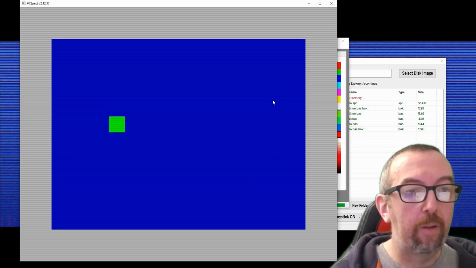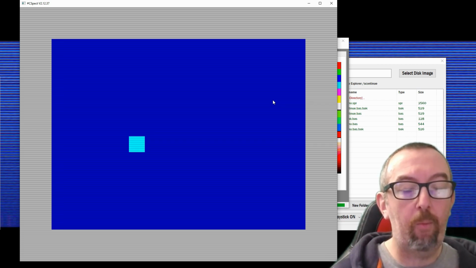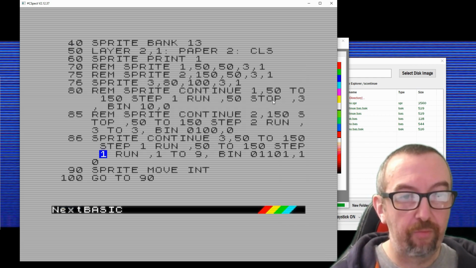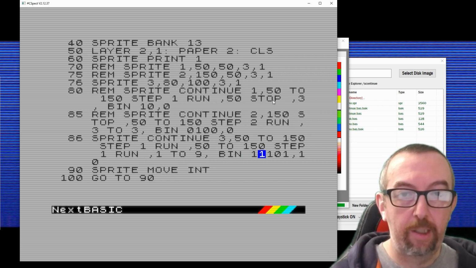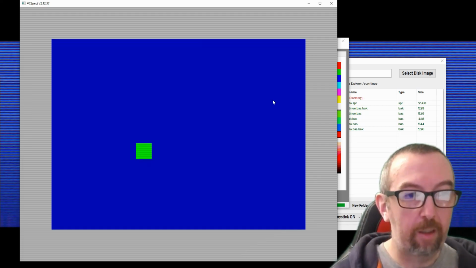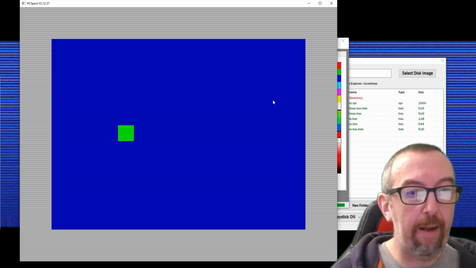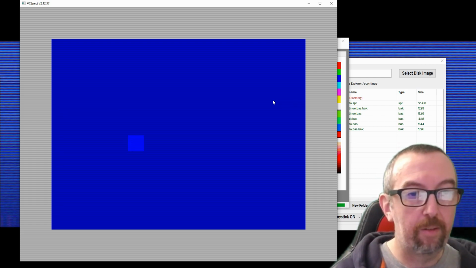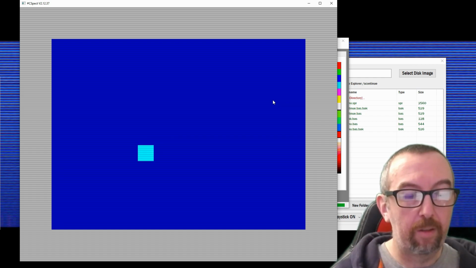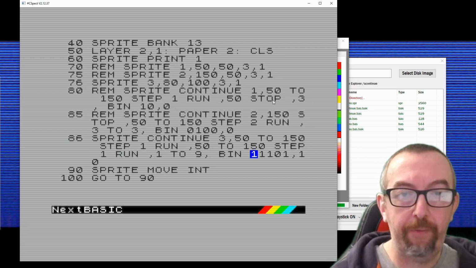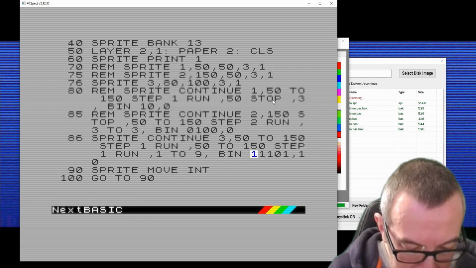So it's just moving from sprite 1 up to sprite 9. If we change that, it should go up and then back. So that's bit 4, which changes the order of the animation frames. The next bit 5,